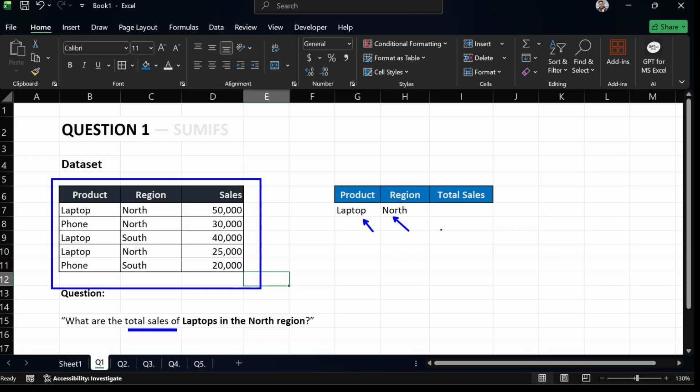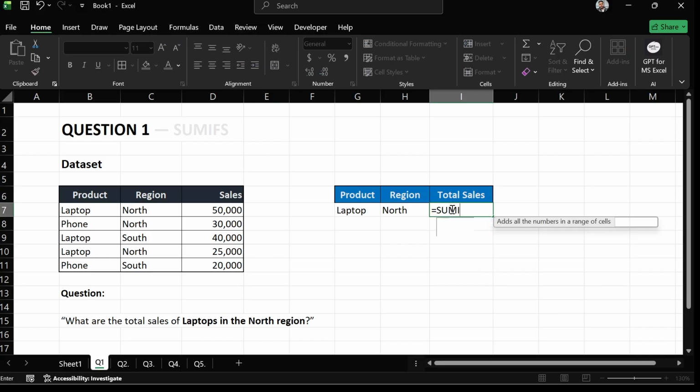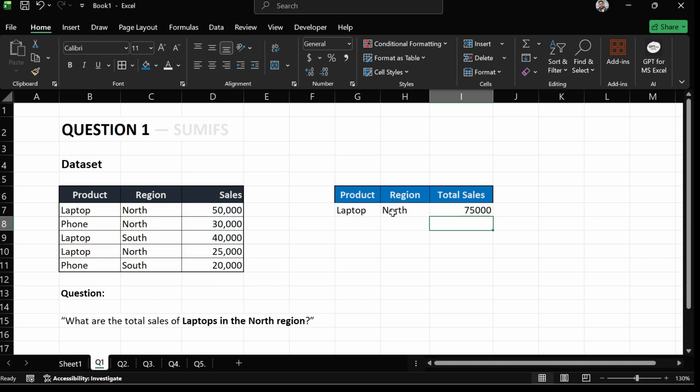Take your time. So we'll be using SUMIFS because we have got two conditions, and SUMIFS provides you the use case of two conditions quite easily. So we'll click over here and type SUMIFS, and it is asking for the sum range. So we are going to add this sum range. The first criteria range would be this, and the criteria would be laptop, and the second criteria range would be this region, and the criteria is north. Press enter,